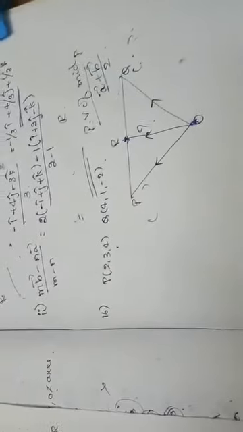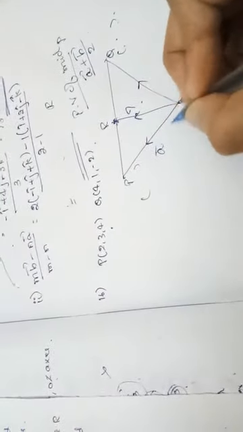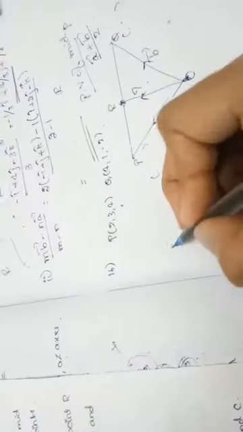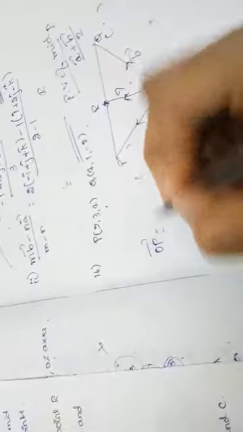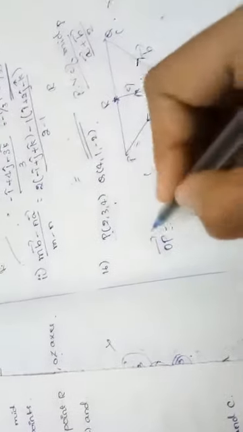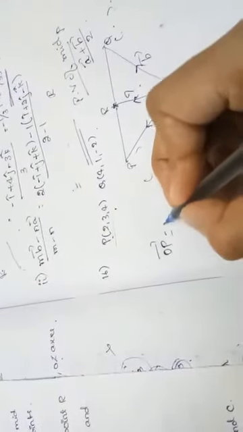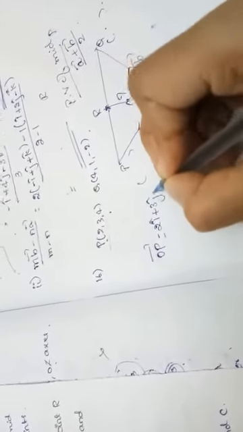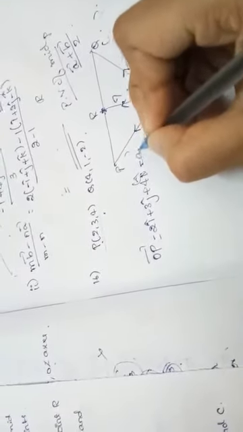The first thing is we need to find what this vector A and vector B are. So I will call vector OP as vector A and vector OQ as vector B. What is this vector OP? It is the position vector of the point P. How are we getting the position vector of the point P? It is nothing but 2i cap plus 3j cap plus 4k cap. It is our vector A.